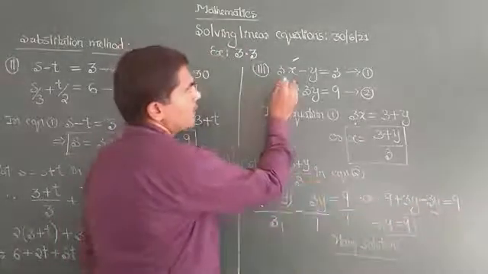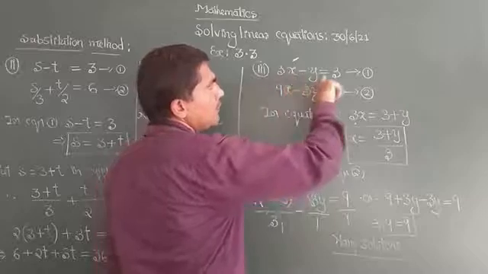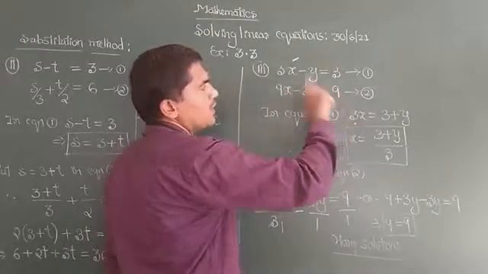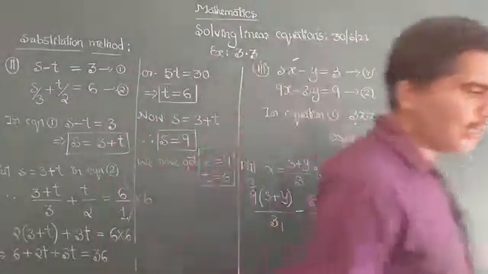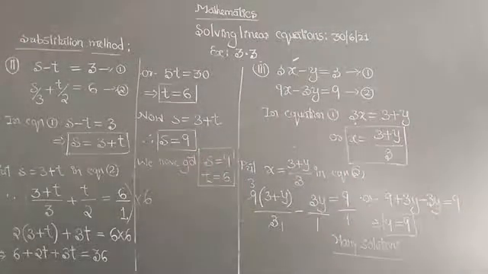Just observe here, 3x minus y equal to 3. If you multiply the complete equation by 3, you get the second equation. So the indication is very simple. First and the second equation, they are the one and same. So that means they are not the linear equations having unique solution. They are the linear equations having infinitely many solutions, or recall they are coincident lines.